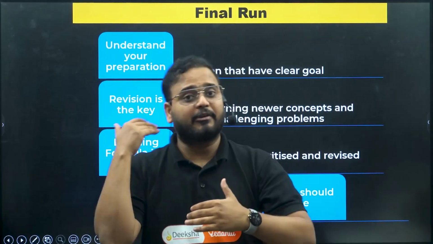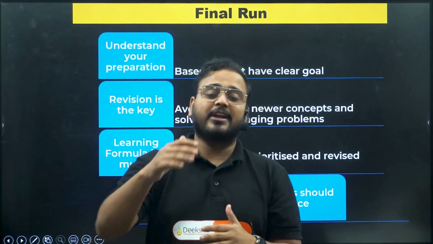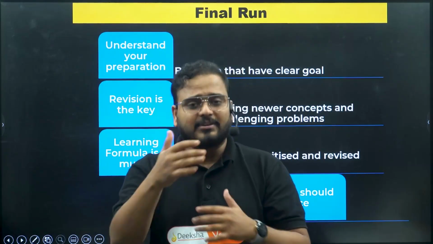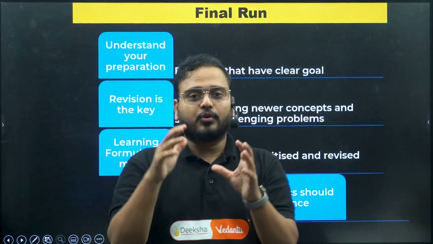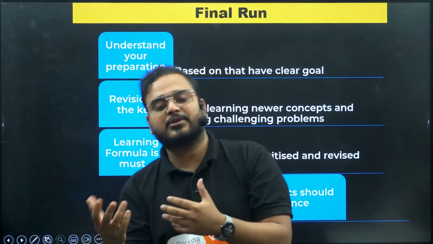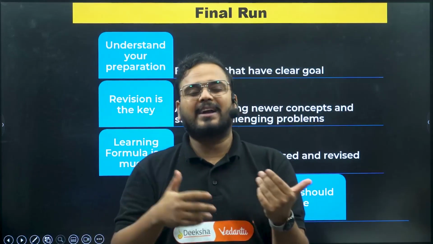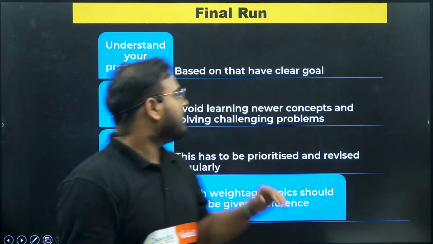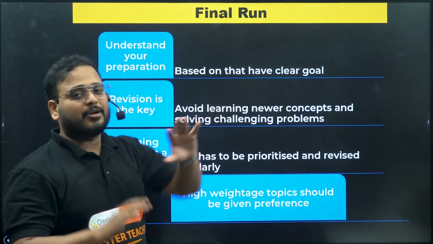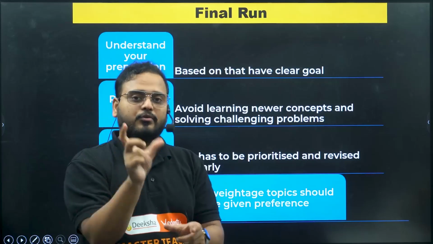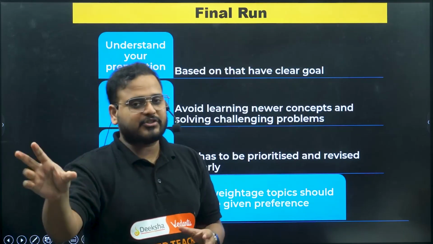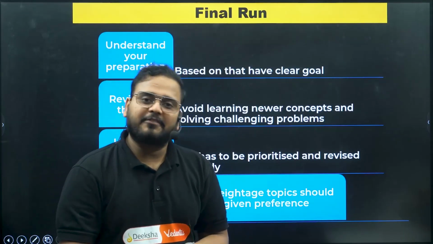If you are somebody who's getting 25 marks in maths, or whether you're getting 55 marks in maths, whatever is your preparation, understand that and build on that. So don't be surprised in the examination too much. It creates added pressure in the examination. Don't do that. Based on that, have a clear goal of what marks you're looking for. So I want 40 marks, meaning you should have a clear goal. You should aim for 45, 50 marks questions, and of course you go from there, you'll get 40 marks easily.